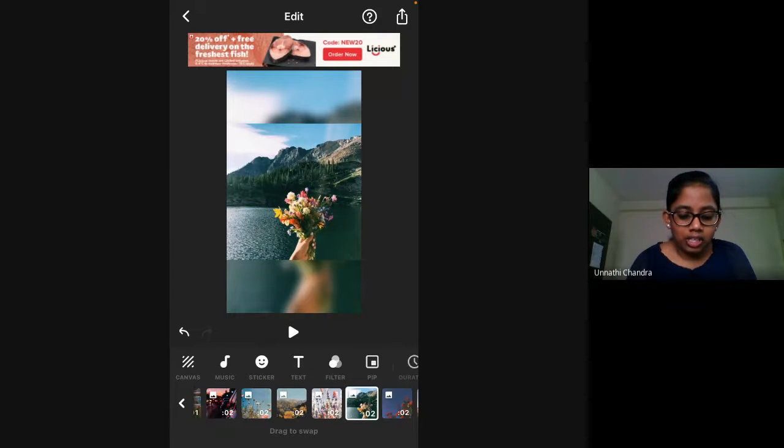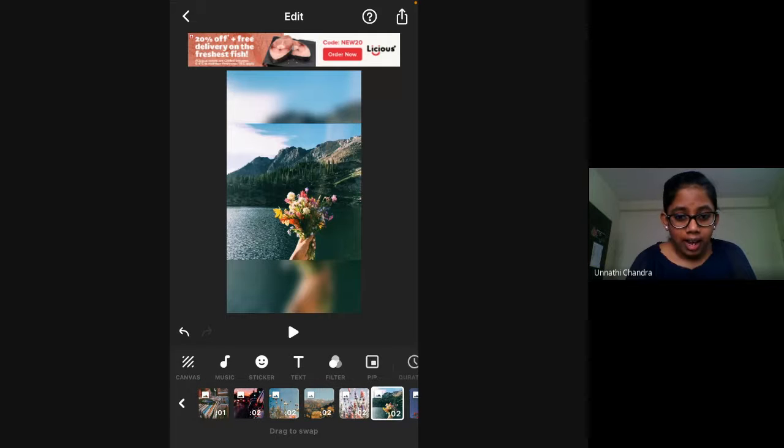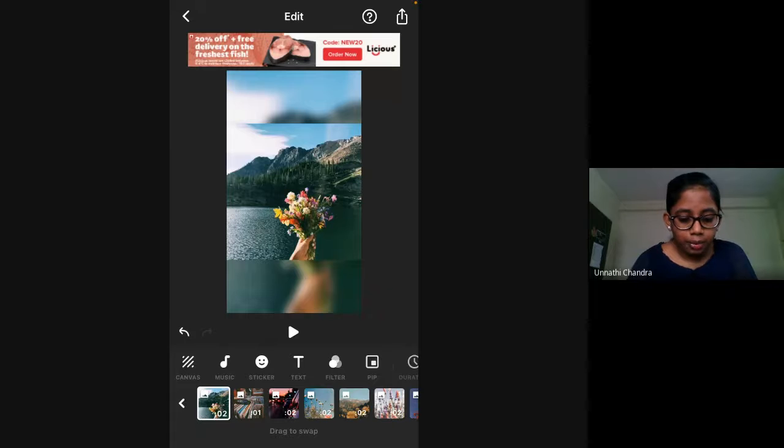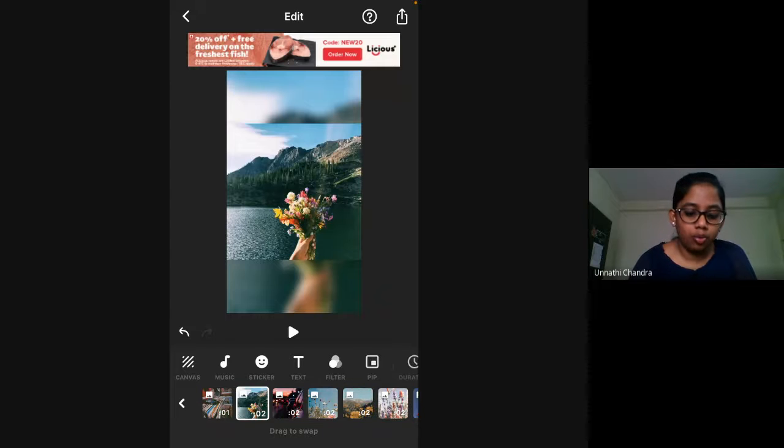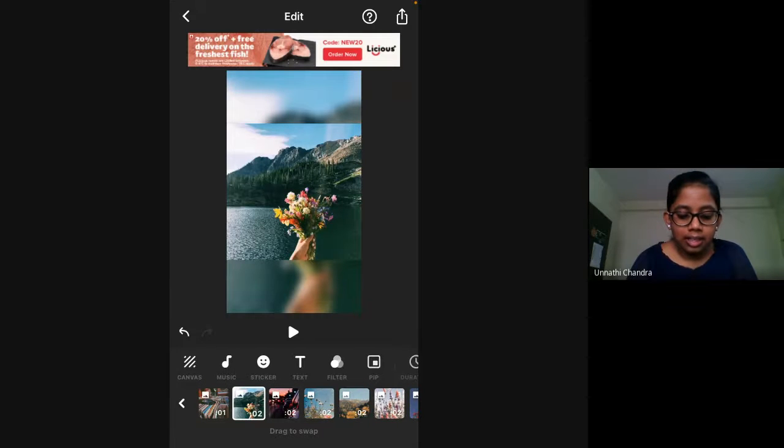So I can just press and hold and lift it up and put it wherever I want. If I want it first or second, whichever position, you can just drag it around. It's quite simple. And again, tap on it to get an enlarged view again.